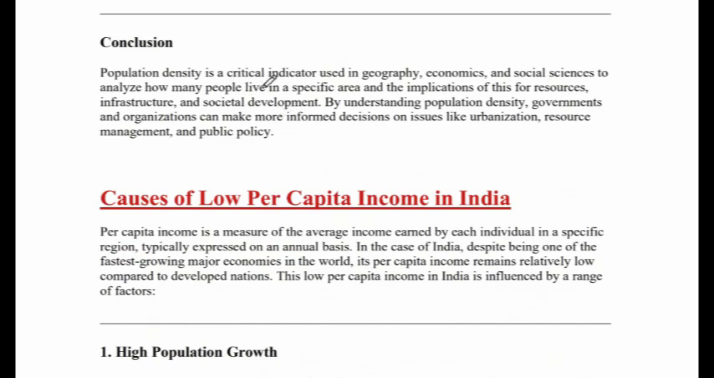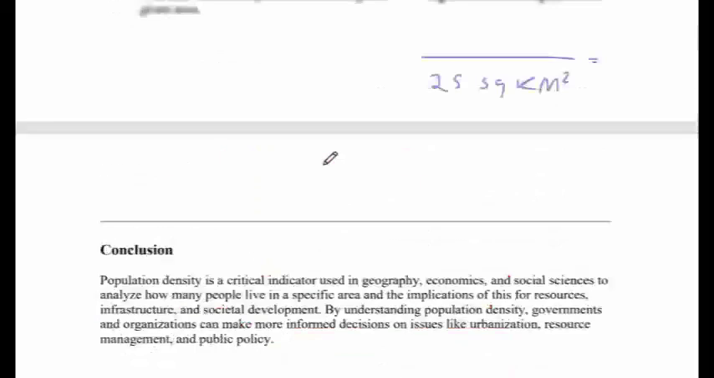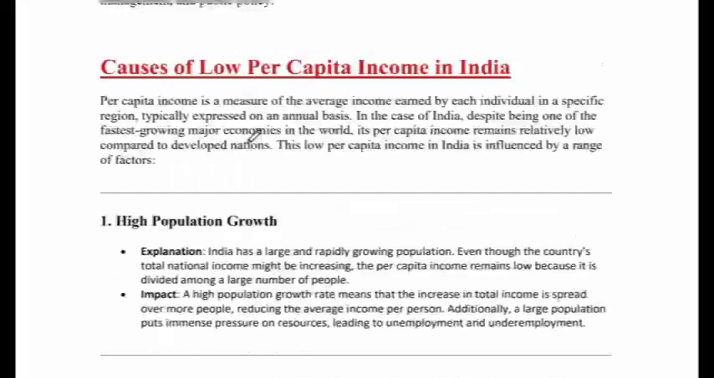पॉपुलेशन डेंसिटी इज बिकॉज इट इज अ क्रिटिकल इंडिकेटर यूज्ड इन जियोग्राफी, इकोनॉमिक्स एंड सोशल साइंसेज टू एनालाइज हाउ मेनी पीपल लिव इन अ स्पेसिफिक एरिया। एक स्पेसिफिक एरिया में कितने लोग रहते हैं और उसका इम्प्लीकेशन क्या है रिसोर्सेज पे, इंफ्रास्ट्रक्चर पे और सोसाइटी के डेवलपमेंट पे। By understanding population density, governments and organizations can make more informed decisions on issues like urbanization, कैसे करना है, सिटी का प्लानिंग कैसे करना है, डेवलपमेंट कैसे करना है, रिसोर्स को कैसे मैनेज करना है, वाटर इज अ रिसोर्स तो उसको कैसे मैनेज करेंगे, पब्लिक के पॉलिसीज क्या रहेंगे, वगैरह वगैरह।